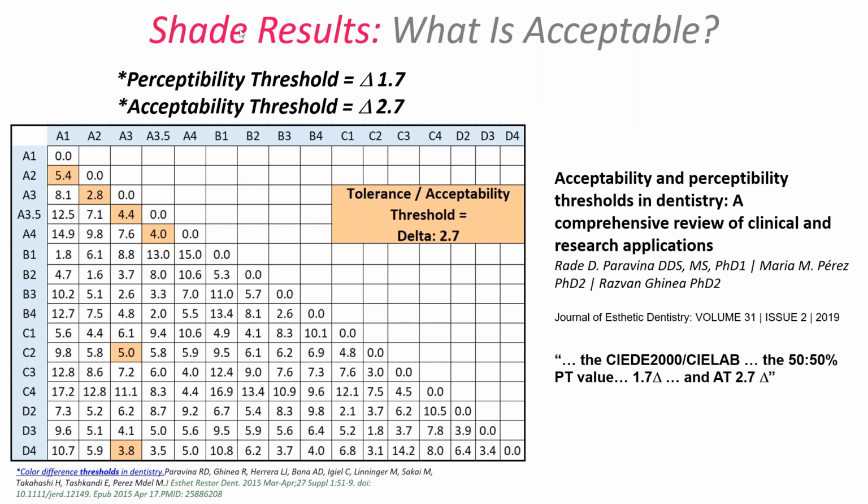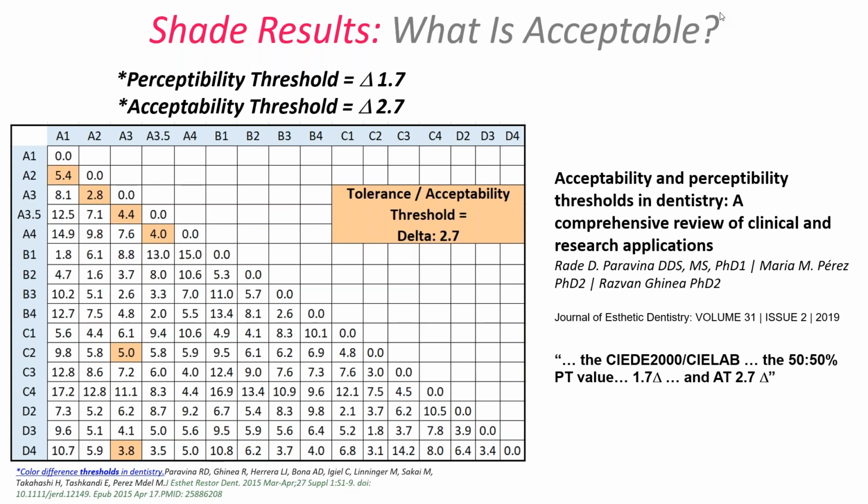We have to understand that, again, shades are not the same. And I was talking about, well, what is acceptable? There's a lot of research done. Dr. Paravina did some great work on perceptibility and matching: does this shade look like this shade? And then what's acceptable, how far the two colors can be apart and still be acceptable. We know that at a certain distance, they're perceptible as two different colors, but at what point is it acceptable or not acceptable? He's done a lot of work on that, and don't get confused on the numbers, but